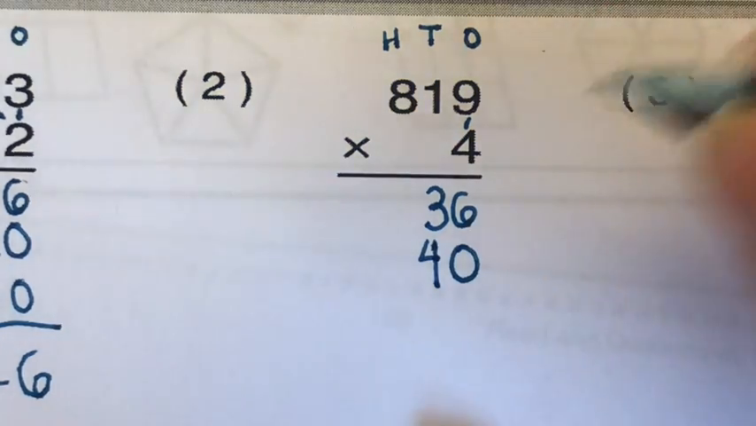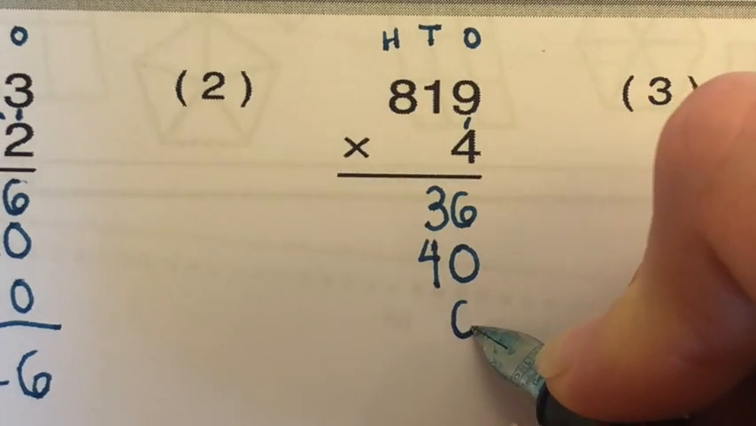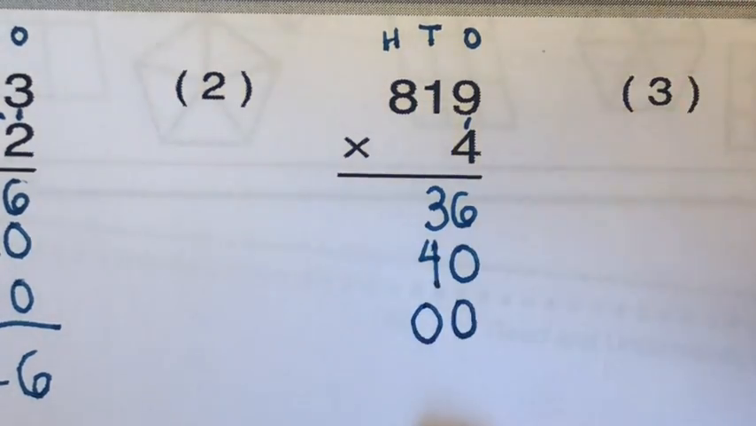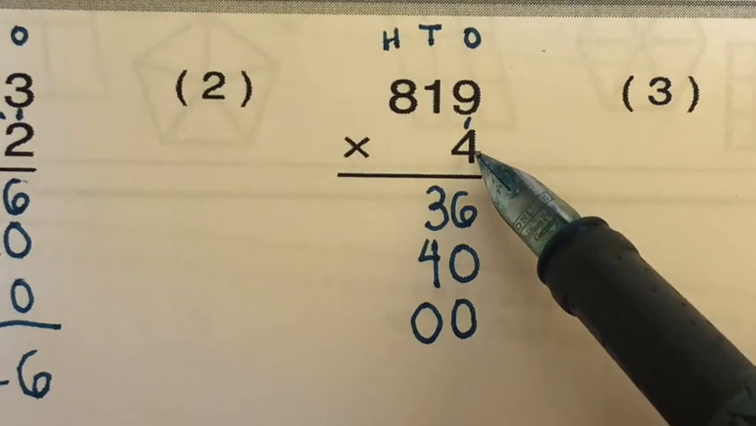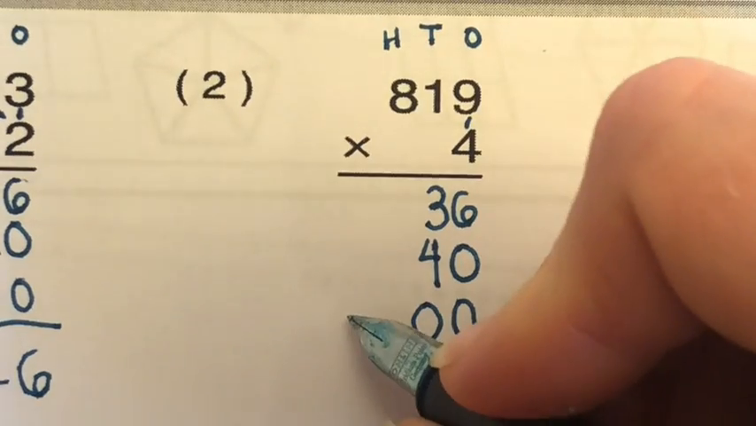So it's 40 because it's 40 times 10. Now my next one I'm multiplying in the hundreds. So I need to put 2 zeros to hold my hundreds place. And now I can just go 4 times 8. So think of your facts. 4 times 8 is 32, so I would write